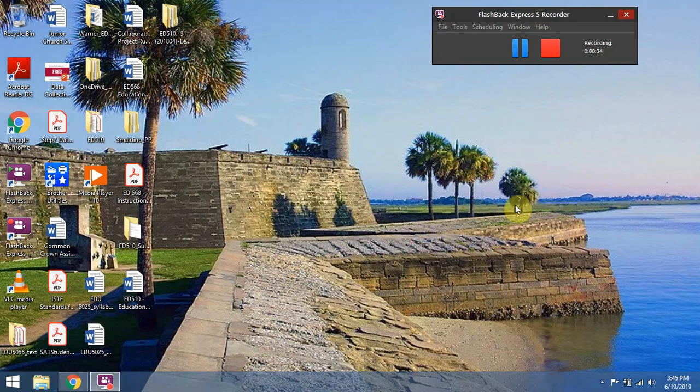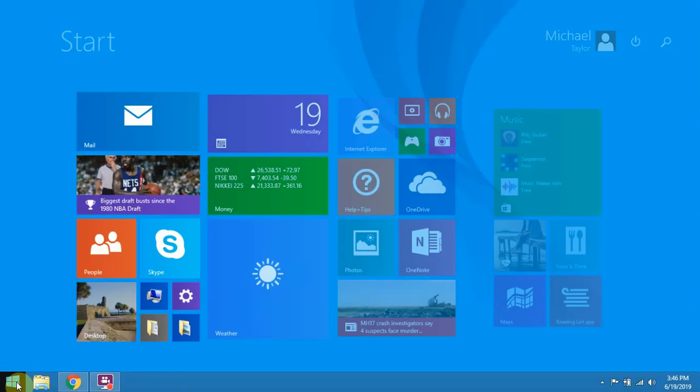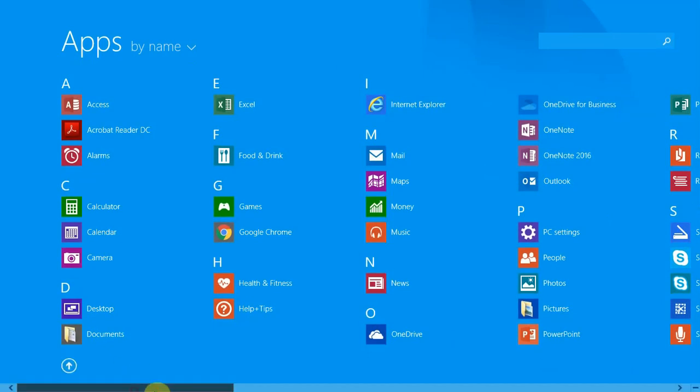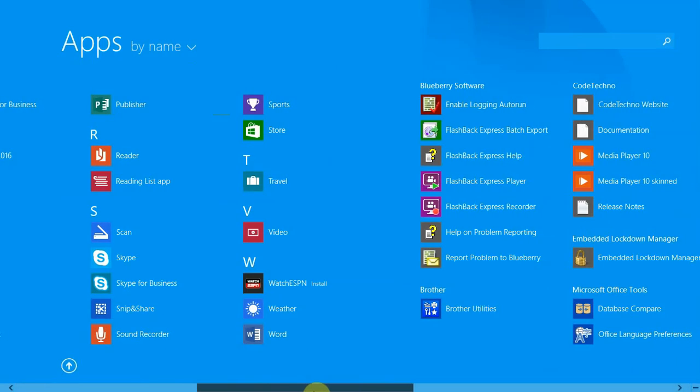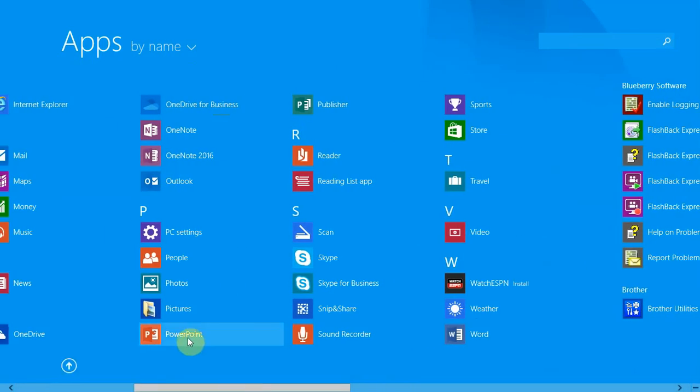And then there's also one that I'm using right now called Flashback Express 5. It does have a pro version that you pay extra for, but I'll be honest with you, the free version does everything that I really want it to do. It does require a few extra steps, but as you can see, it's going here, and then all I would do, now I'm using Windows 8.1, so it's going to look a little different than what you're probably used to with Windows 10. But let's say I bring up my PowerPoint